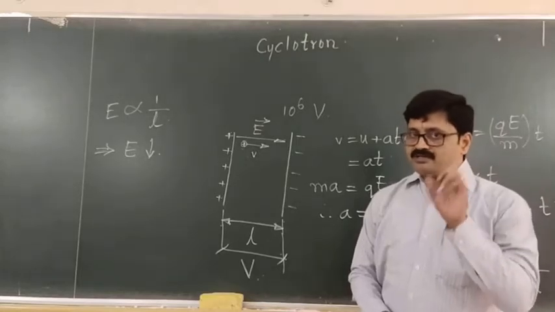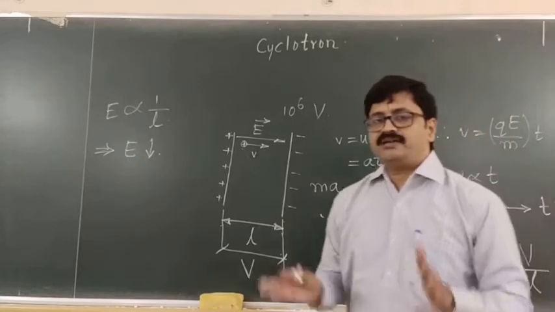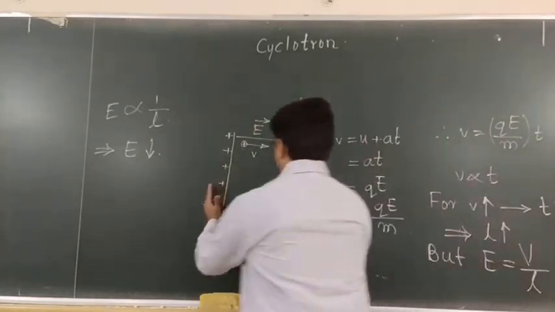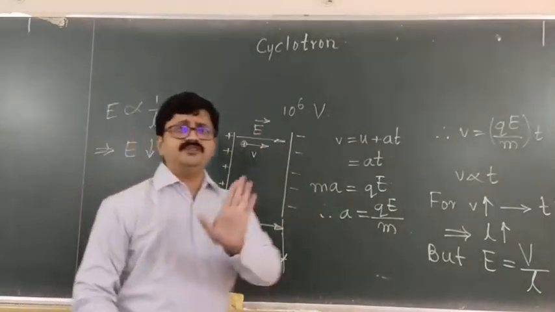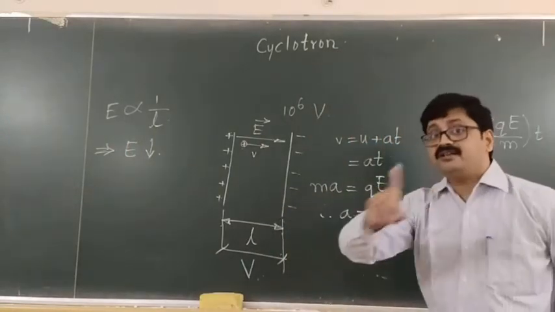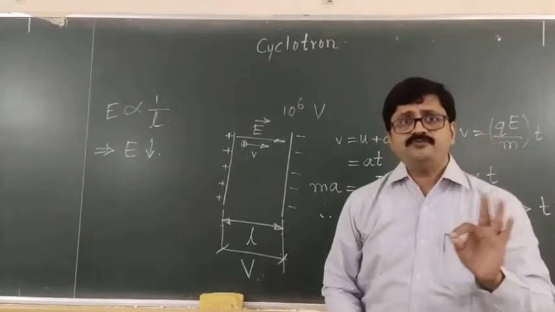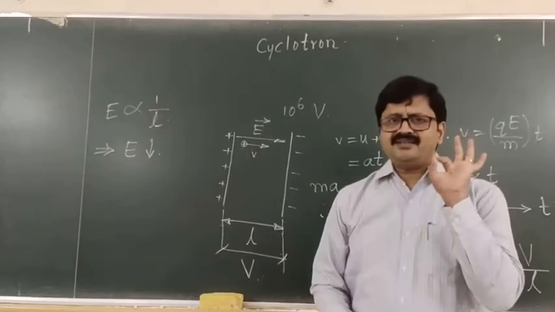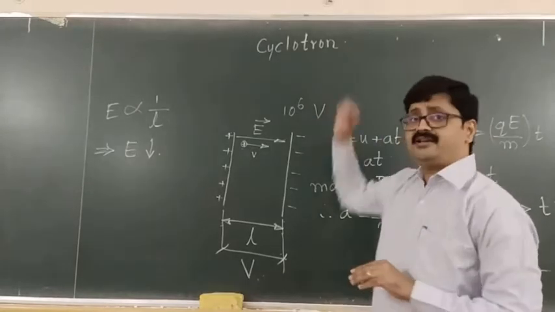Hope you can understand. Now with this situation, my dear friends, if you want to get a very large potential difference, I can increase the length. But if the length is increased, the magnitude of the electric field decreases. And this is the difficulty that we have, my dear friends. This is the same difficulty that was faced earlier in history. And this difficulty was nullified by inventing the cyclotron.